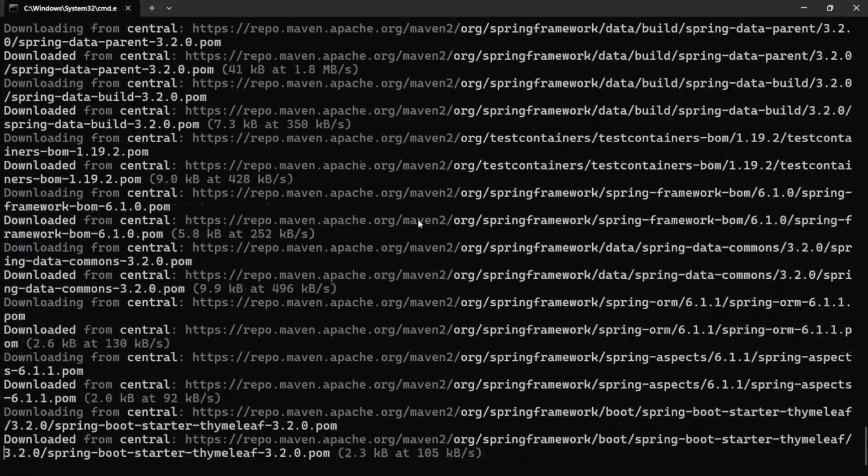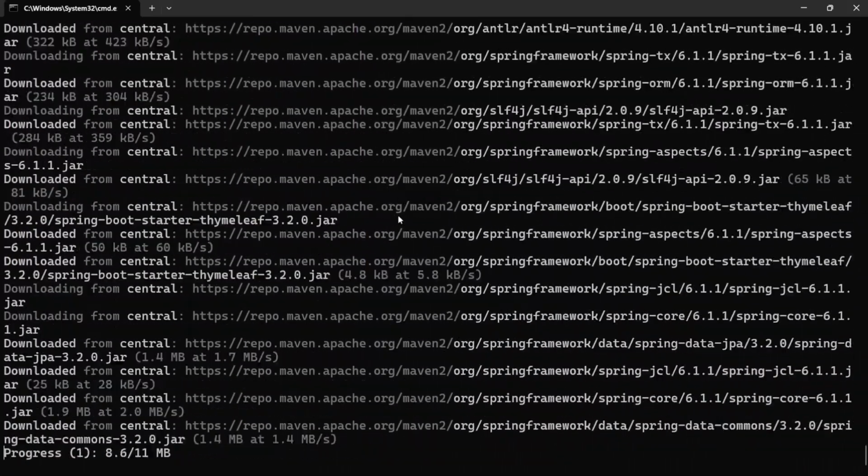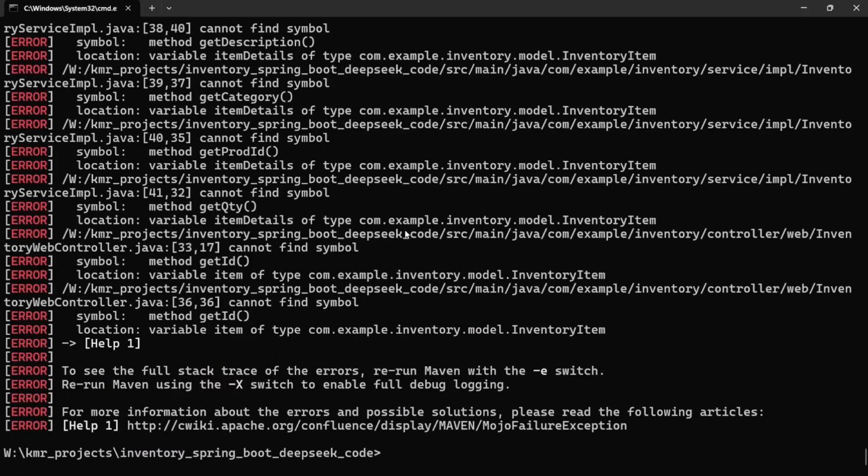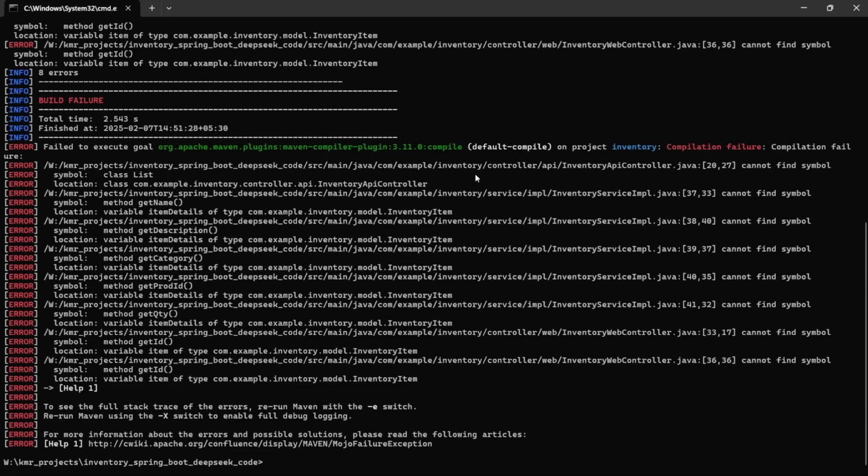Awesome. It's pulling the data, downloading all the dependencies, and trying to compile the code. And you see another error. Looks like quite a few errors, and there are multiple files. There may be a copy-paste issue or maybe a generation issue. Let's inspect. The main culprit class looks like InventoryItem, because some of those getters and setters are not in